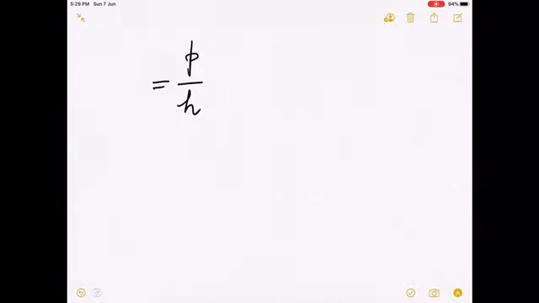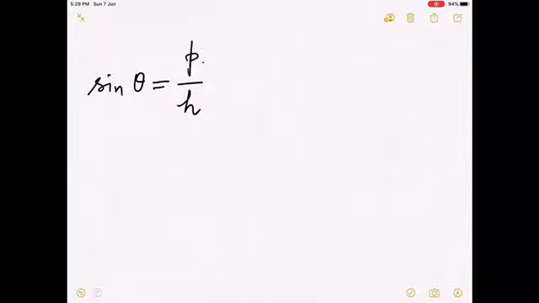In the same way, the ratio of perpendicular to hypotenuse will also be fixed. Now for any particular angle theta, the ratio of perpendicular upon hypotenuse is known as